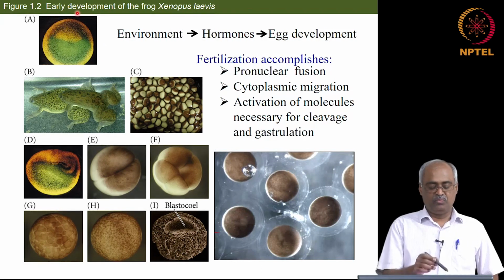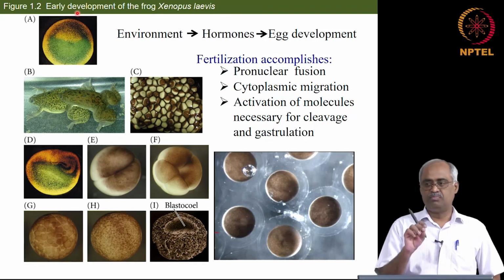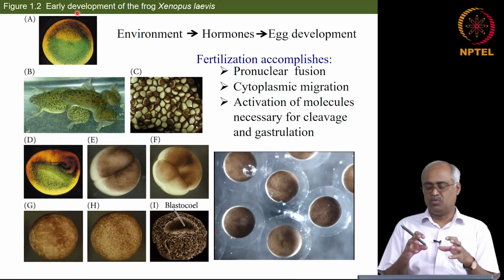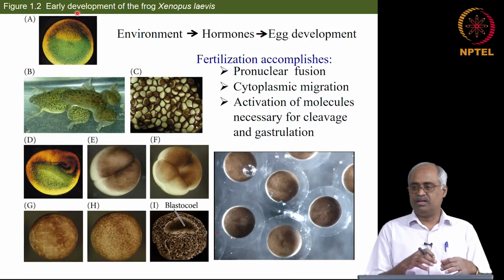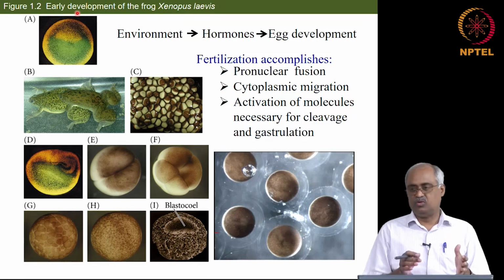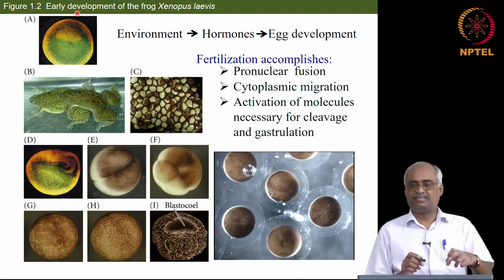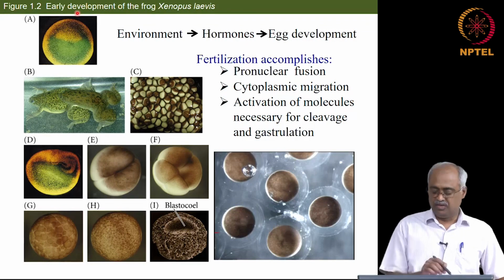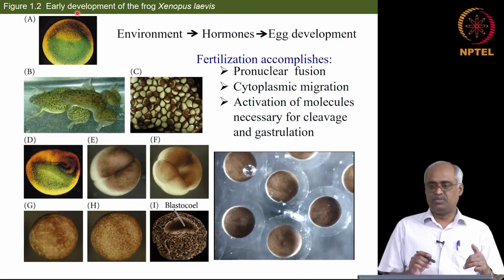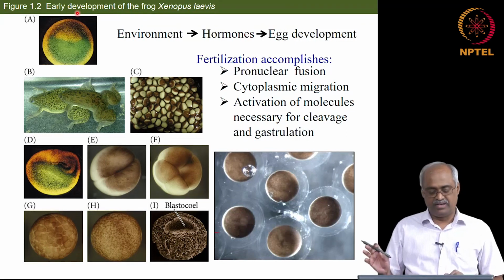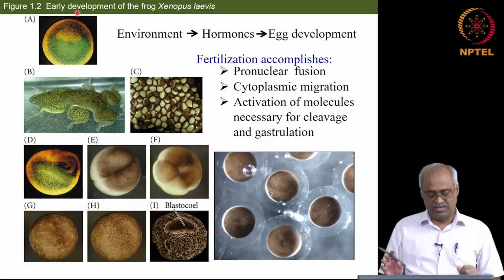In frog, one part is called the animal hemisphere where cell division is more rapid and migration is also more, and the opposite side of that is the vegetal pole where you have mostly the yolk stored, okay, and there the cell division is not rapid. So, and this, which is going to be animal pole, which is going to be vegetal hemisphere, we will get into details later when we are going to talk about embryonic polarity. So, for now do not worry about it, but these can be easily distinguished.